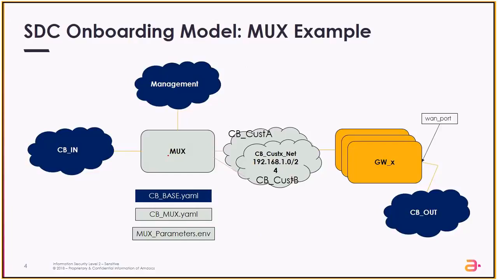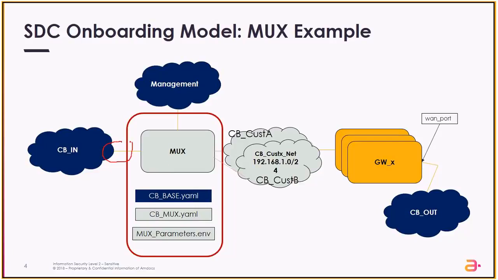So highlight in the red box. A multiplexer, essentially, is going to take one input port on a network and then route it either to customer A's network or customer B's network. Not very complicated. In order to do that, our vendor, who's going to be Acme, we'll say to Acme, give